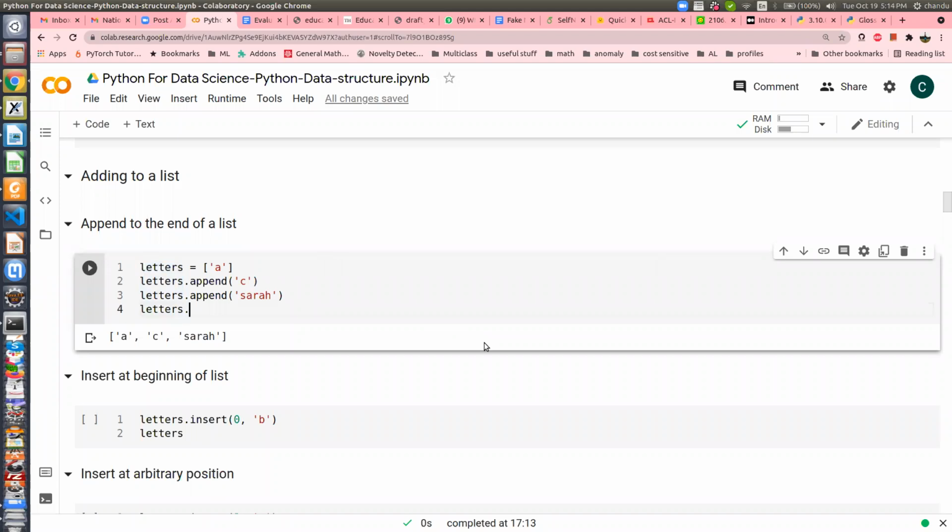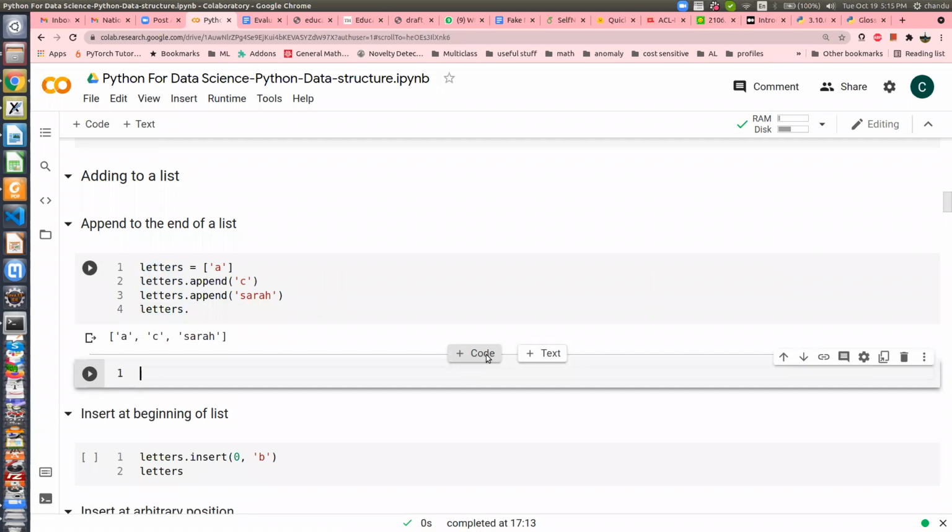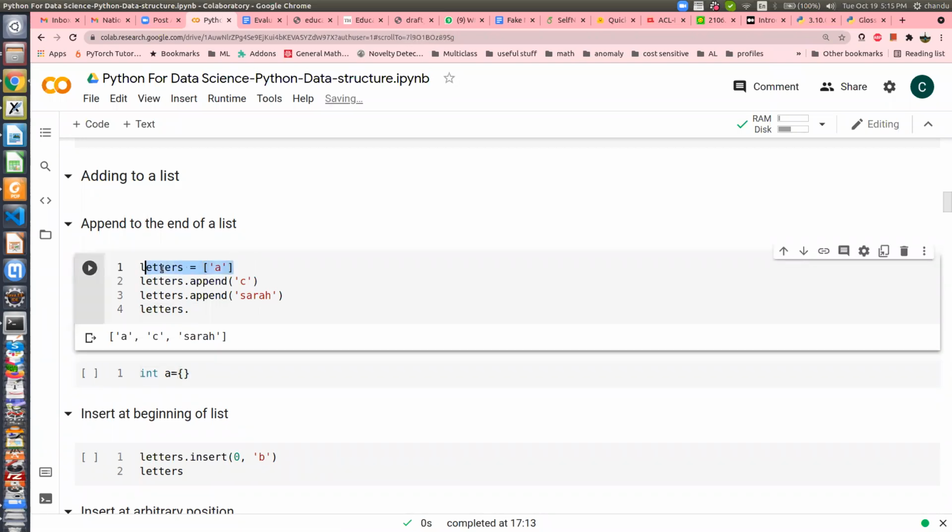Data type is very important. Remember in C, we are very careful of the data types, because if you create an integer array, you cannot insert a float in it, it will be an error. Python handles all these things implicitly, by treating everything as an object. So when you create a list in this fashion, letters is basically an object. You can actually check the type.